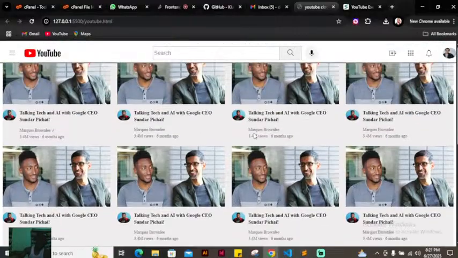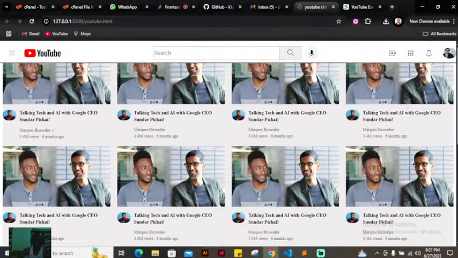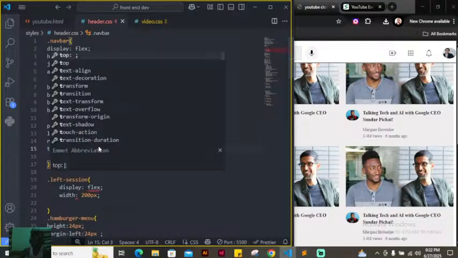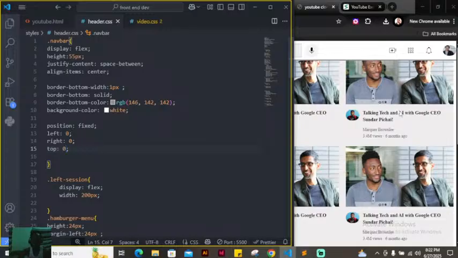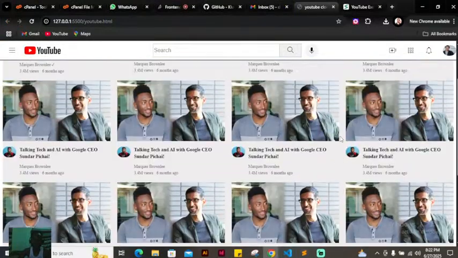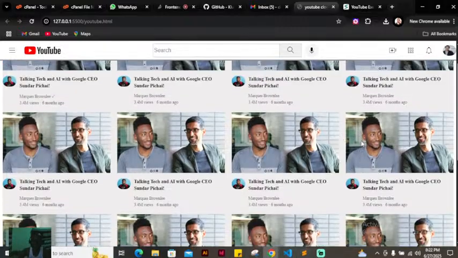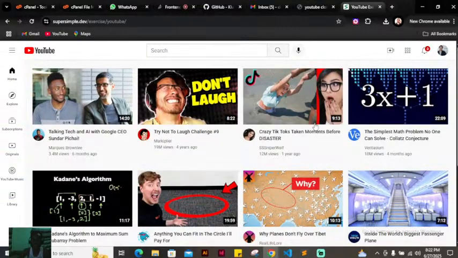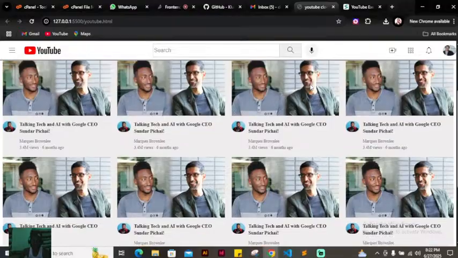My image is going down. So what I will do next is this. I want this guy to be on the top, so I'll set the top to also be 0, so I do not move from there. The top to be 0. When the top becomes 0, what do you observe? The picture and everything are moving down. This is actually how you get a sticky header. You can see it. The same effect that we are having